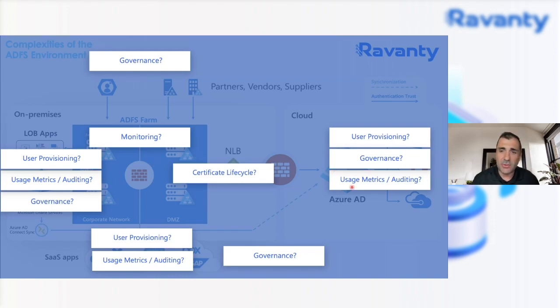Now, moving to Azure Active Directory, you eliminate a lot of that by standardizing and by bringing it all into Azure Active Directory. So once you integrate all your applications into Azure Active Directory, you're able to control the user provisioning, the governance, the usage metrics, and auditing across all your apps, across all your line of business apps, across all your SaaS applications, your partners and vendors. And we'll talk about Azure B2B collaboration. You control all of that within Azure Active Directory. So you have a single pane where you control all of those capabilities.